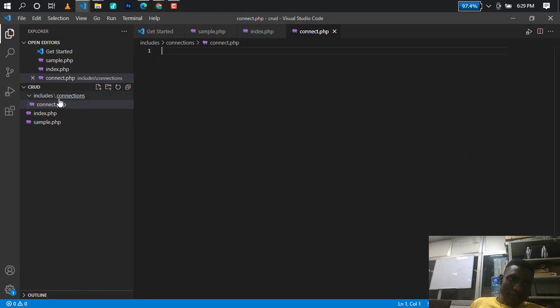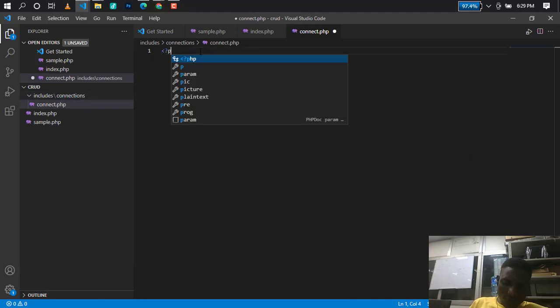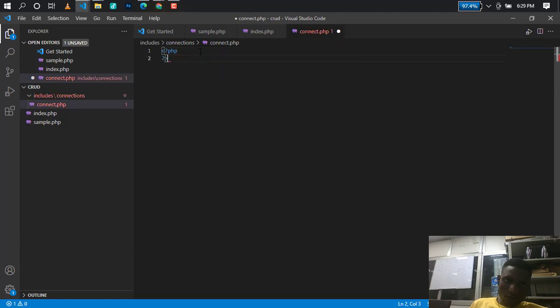I have a folder here inside my connection. You understand that? That's it. And you have your PHP tag and close it here. So this is what I'm going to do now. You want to connect your database to your project. We are going to start with a variable, which is the host. Variable host is equal to localhost,